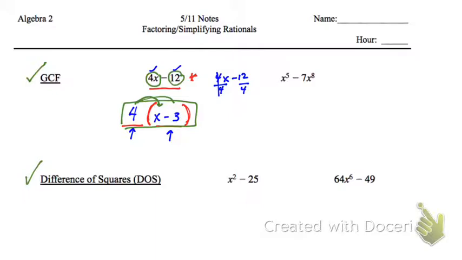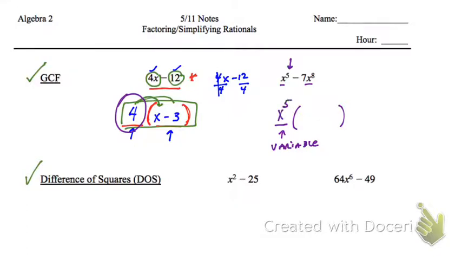Okay? Now your GCF, this 4, sometimes can be a number like it was on that first one. In this second example, what do these two terms have in common? Well, they both have x's. So sometimes the GCF that goes out front of your parentheses is a variable. And do you remember the trick on what variable we would put out front? Now I don't mean x to the what power? Well, it's always the smallest one. It's not necessarily the first one, but it's the smallest x that we have,